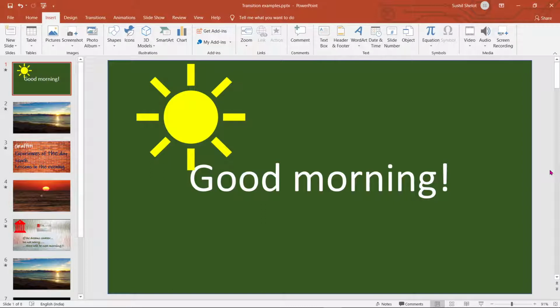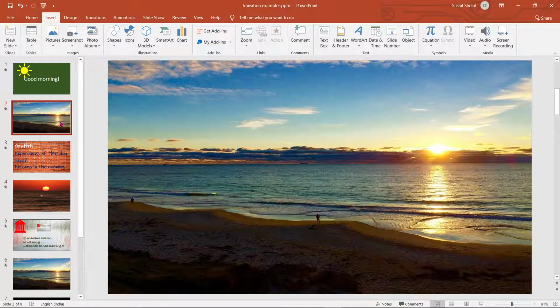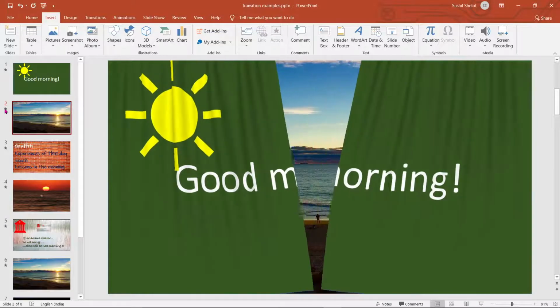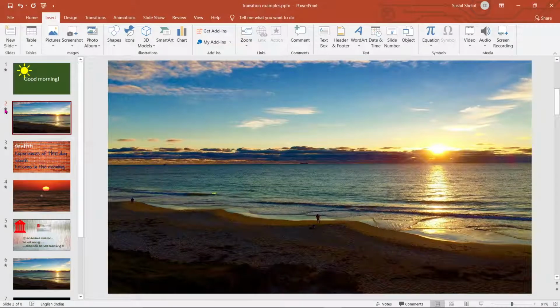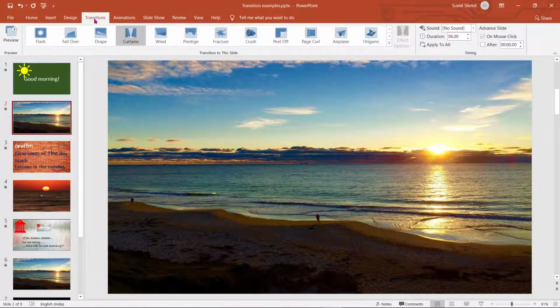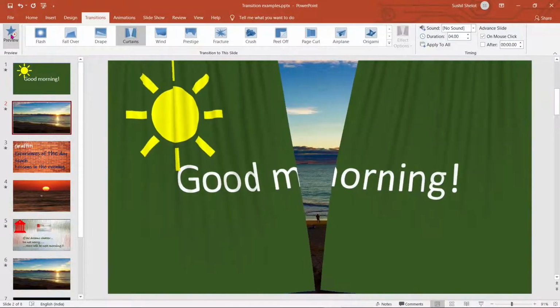Once I went on to the next slide, here I used a very innovative and fancy transition. I'm going to show which one it was. So I went on to it and it played here. You see there was a curtain moving outside. So the transition played here was curtains, and one can set the time limit of this over here. It was 6 seconds. If you want you can make it 4 seconds, or 8 seconds, and then rehearse it.